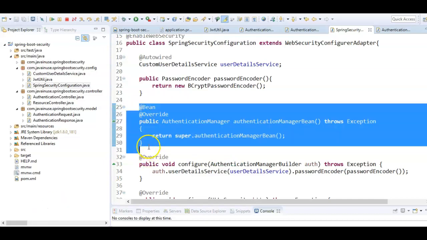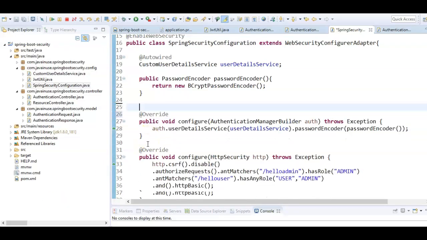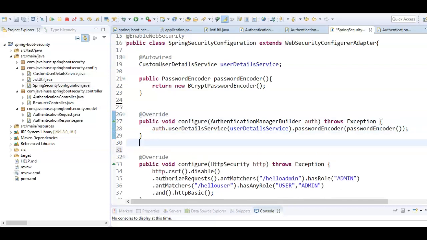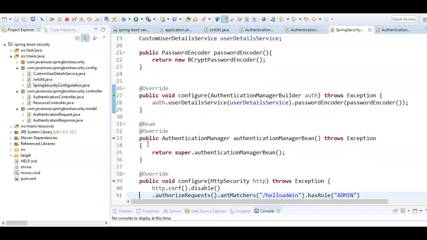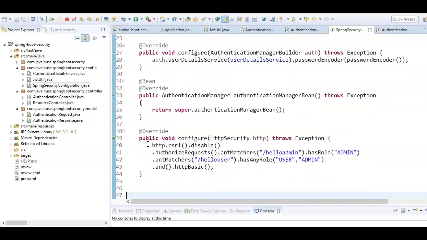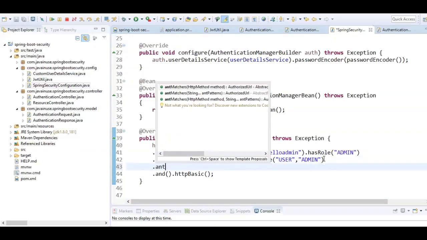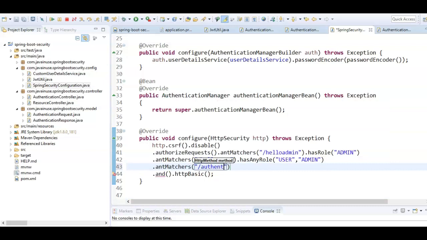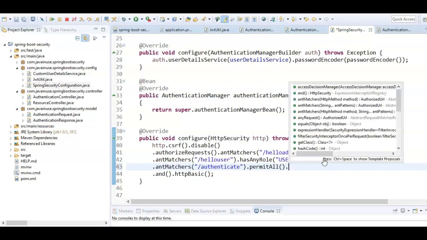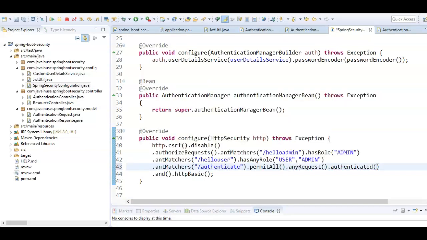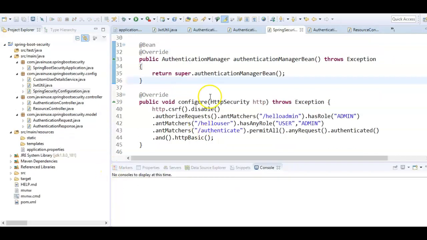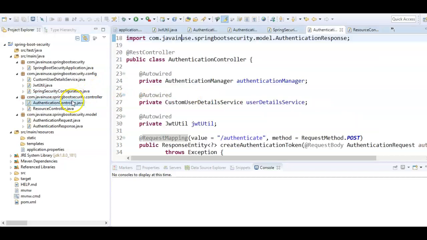We will place this bean after we have configured the authentication manager. Next we'll be configuring the HTTP security to permit the authenticate URL. Using antMatchers we'll be checking if the URL is /authenticate, then we'll be permitting it. For all other requests we'll be authenticating them. So we are done with all the changes. Let us now test if we are able to generate the JSON Web Token on successful authentication.